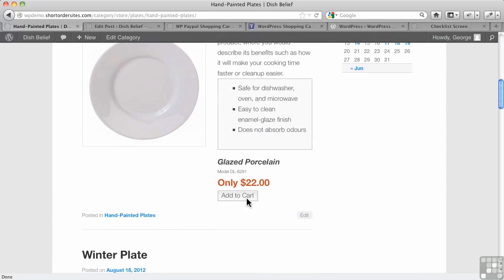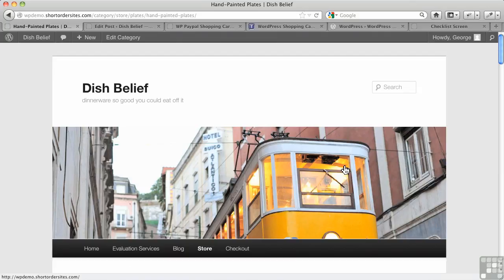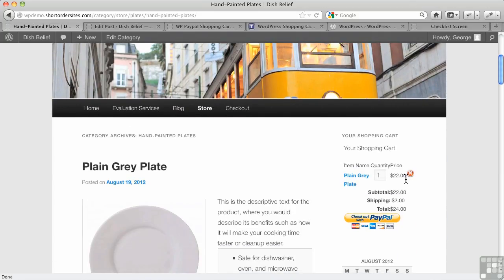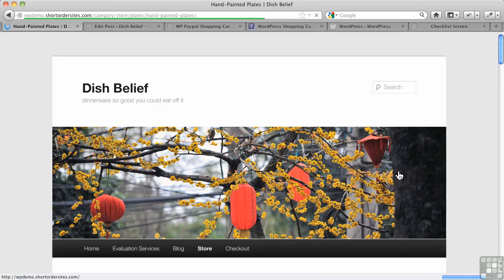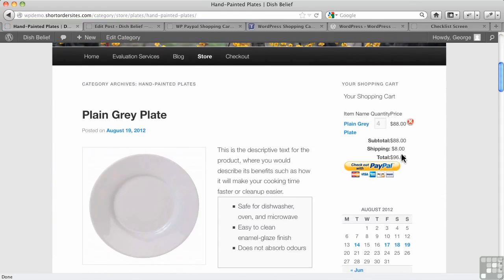So now I add to cart, and we will see our price is added there, and now that $2 shipping charge is added on as well. Now remember, that's $2 per plate. If I update this to, say, 4 items, enter return, it'll recalculate, and now it's $8 for shipping, so $2